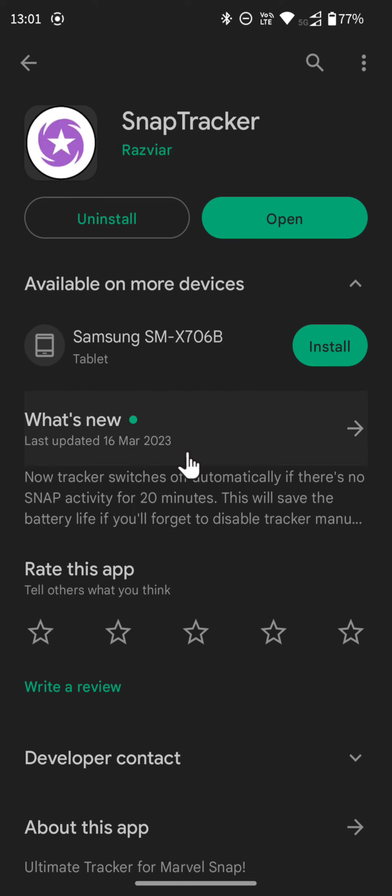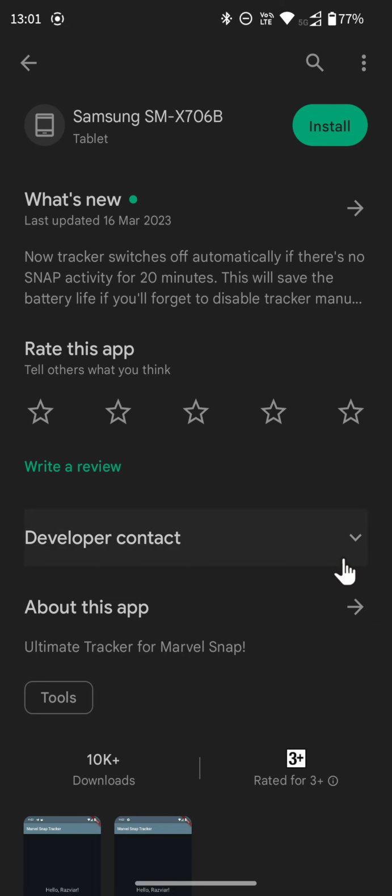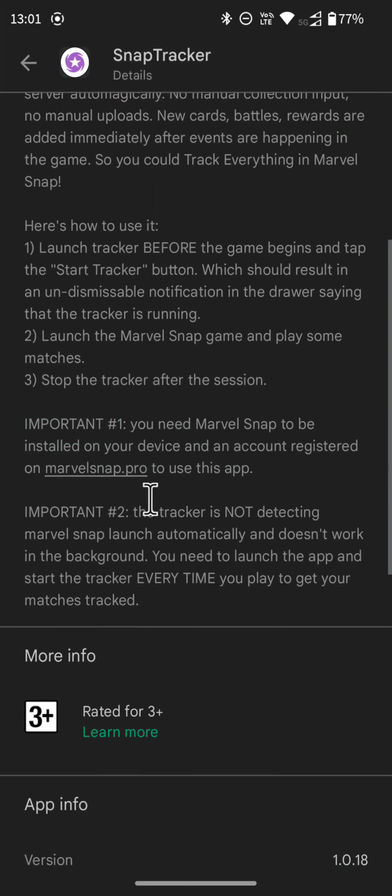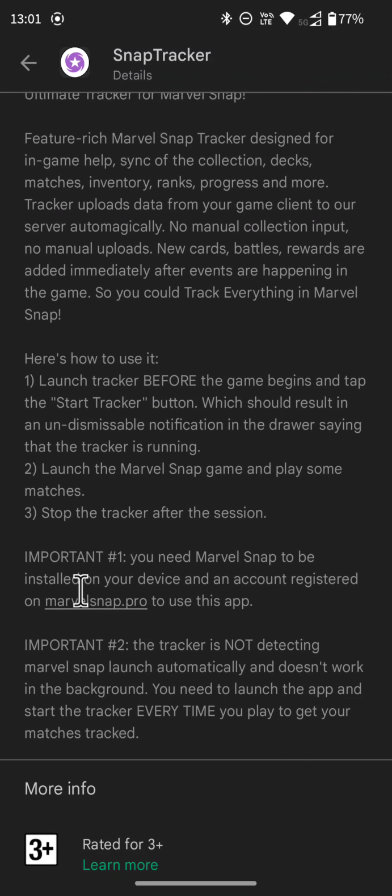And then this is a tracker that uses this website here called marvelsnap.pro. And just like your other tracking websites like untapped.gg, etc., or marvel.snap, I think, it'll keep track of the